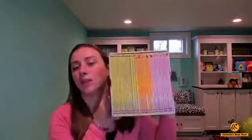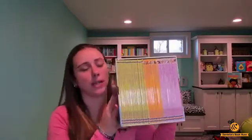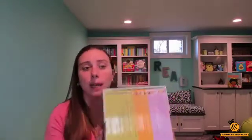So I wanted to come on and share one of the learning tools that we've been using in our house. Mikey is in kindergarten. He's learning how to read. And with being home from school, we've been taking advantage of a lot of the resources that Usborne Books and More has to offer. And the first one that we are using is the My First Reading Library. I think I spoke to you guys about it once or twice before, but I figured now is a great time to come back on